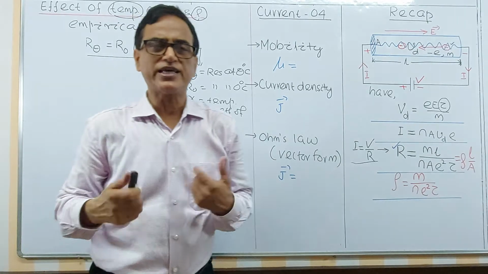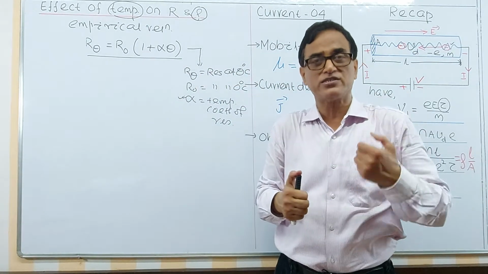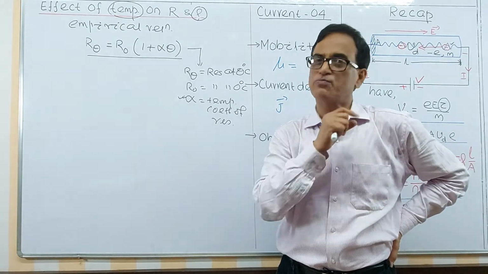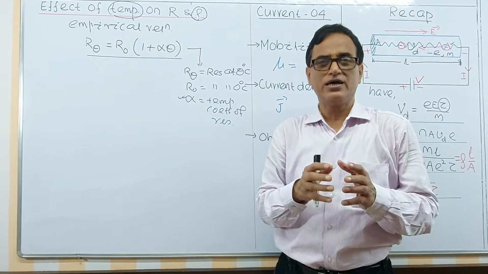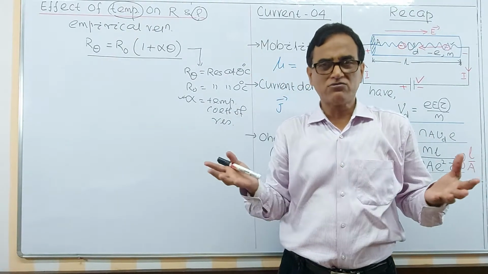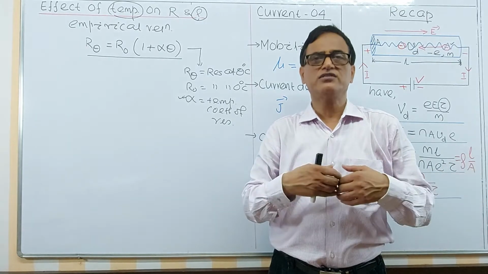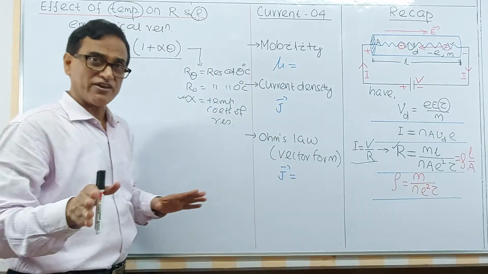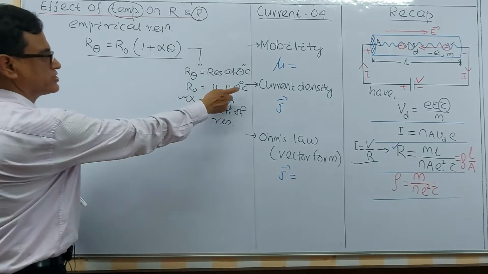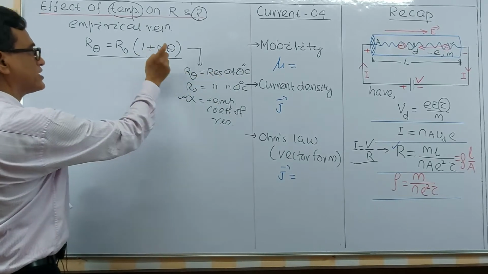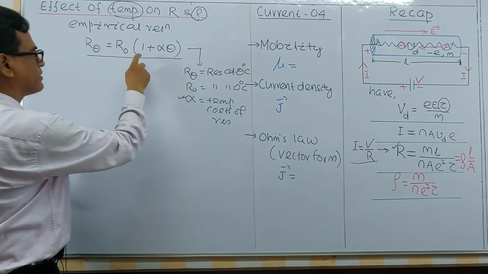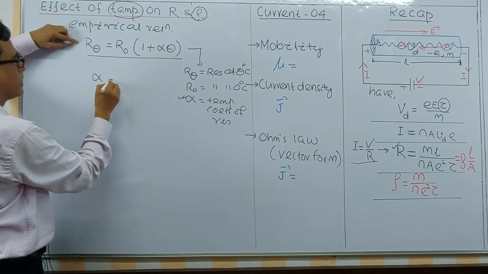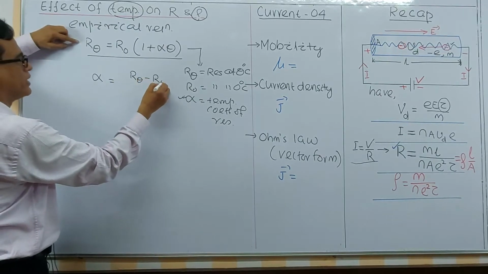What is alpha actually? Alpha is the temperature coefficient of resistance. In thermal expansion in the first year heat chapter, we have a relation like this: Lt equals L0 (1 plus alpha T). When a body is heated, it increases in length, breadth, height, or area and volume. In similar fashion, if R0 is the resistance at 0 degree and R theta is the resistance at theta degree, then R theta is related to R0 by R theta equals R0 (1 plus alpha theta), where alpha equals R theta minus R0,